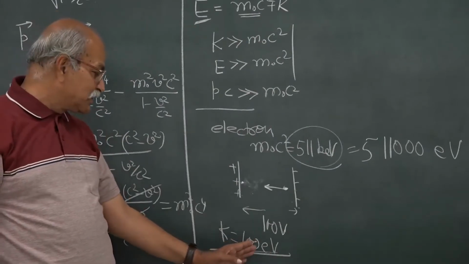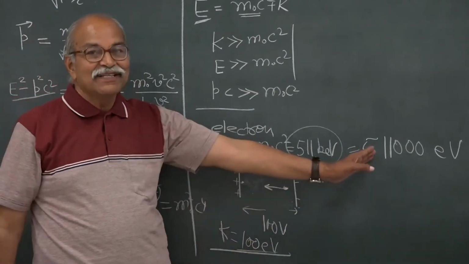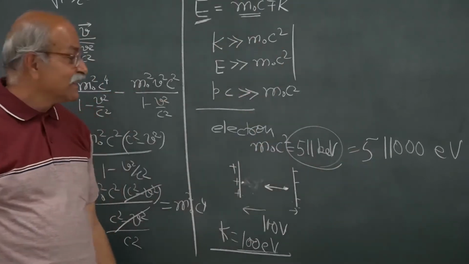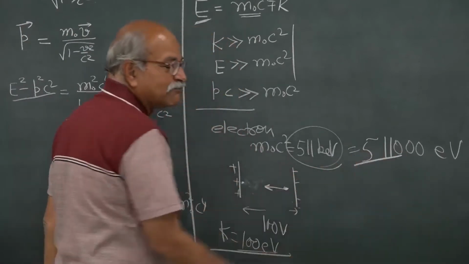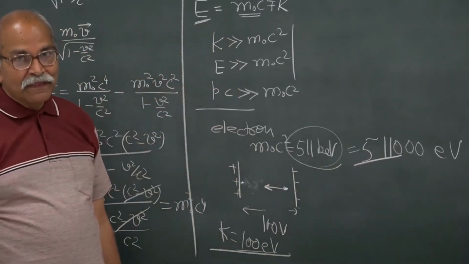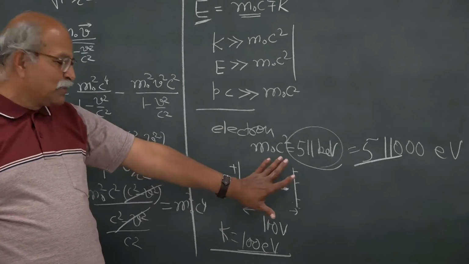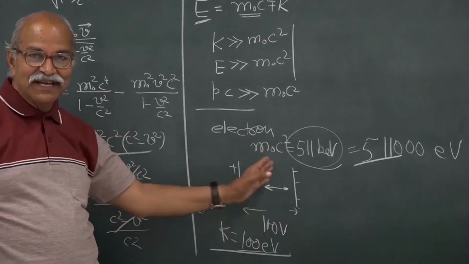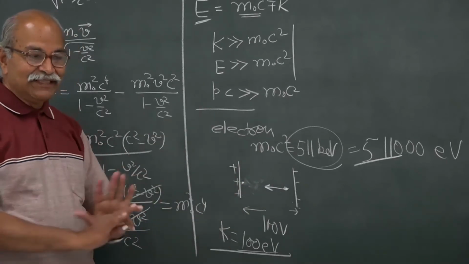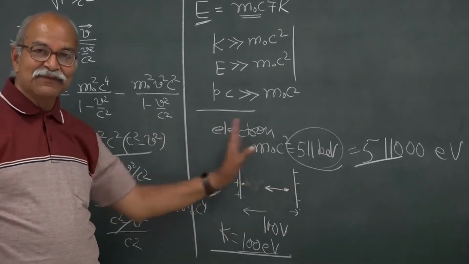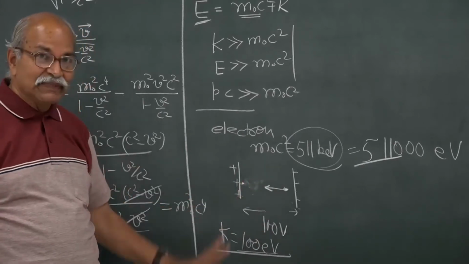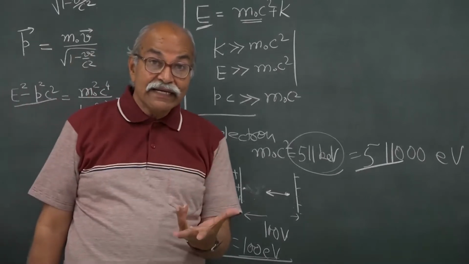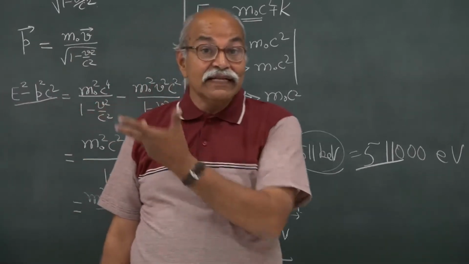So, this is much smaller than the rest mass energy, it is 1 in 5000. So I will say that okay, Newton is okay, F is equal to ma and half mv square and all that, and v is equal to u plus at, and all those things will work very well here. But then if you are accelerating an electron in an accelerator,